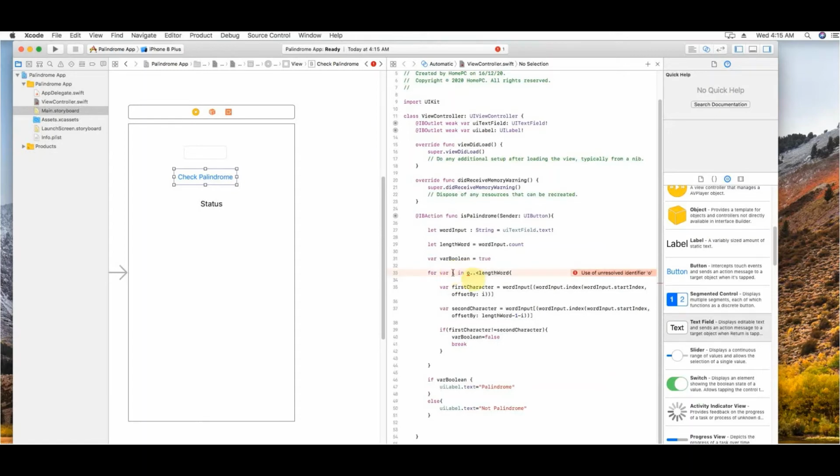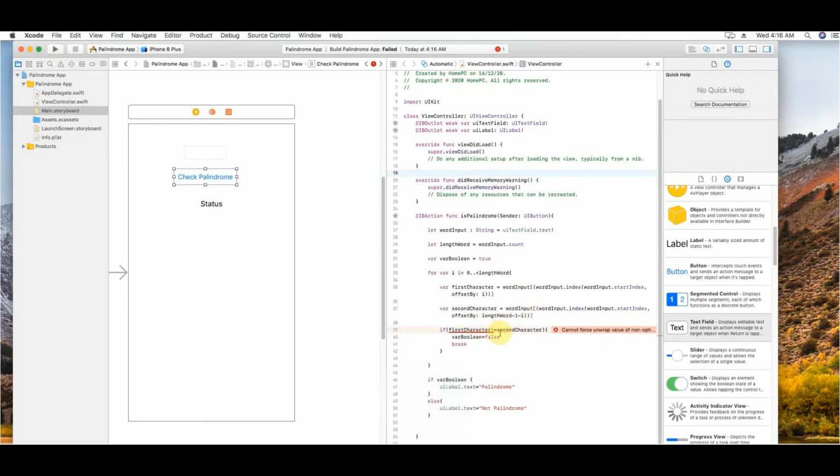I think over here, instead of using 0, I by mistake used the letter O, so I should change it to 0. Yeah, that was the error I was getting. And now I will simulate it in the simulator. Still I think I have some problem. Let me check.